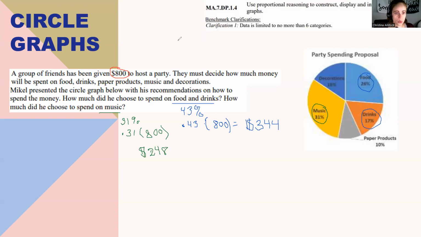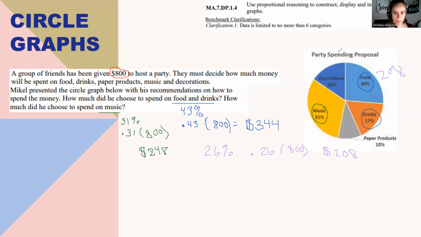So if we want to quickly see what they are separately, in case that's what you did, food is 26%, which would be 0.26 as a decimal. And if we multiply that by 800, we see that he's wanting to spend $208